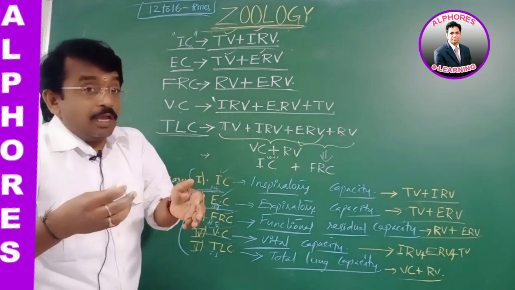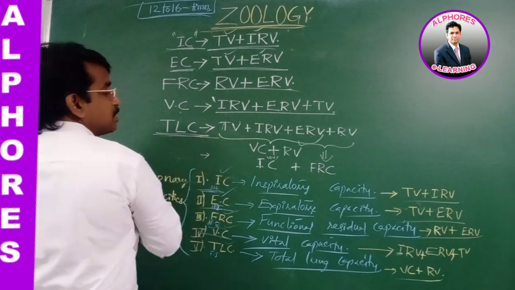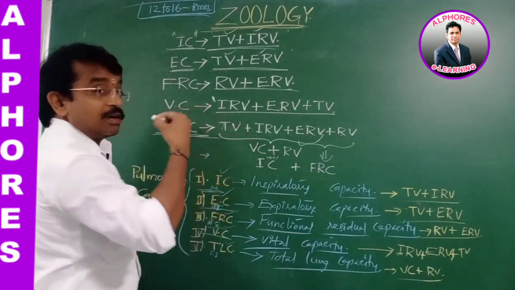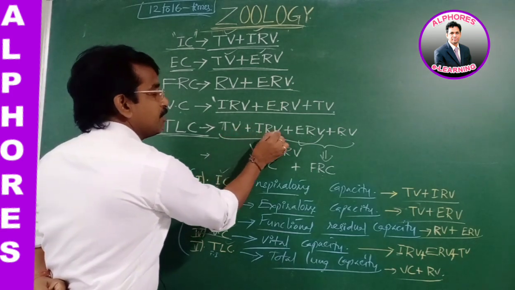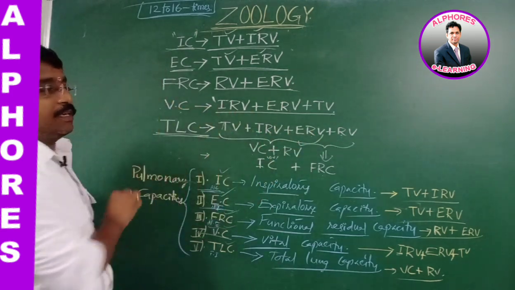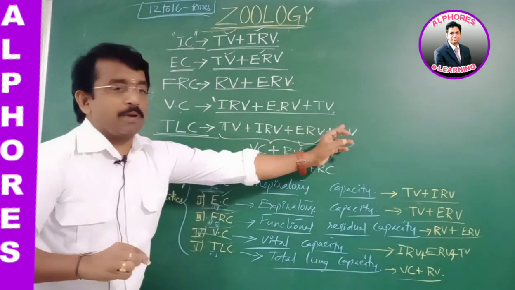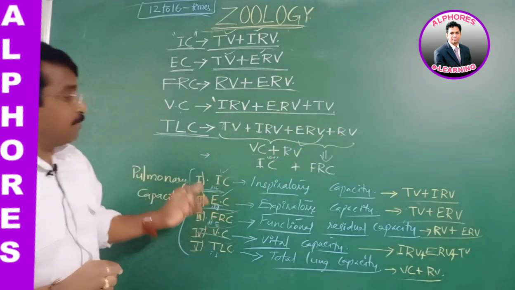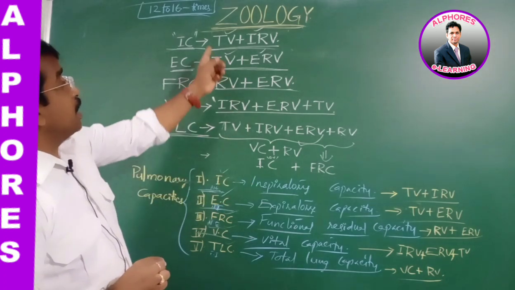Total lung capacity: what does VC refer to? TV plus IRV plus ERV is VC. So total lung capacity is equal to vital capacity plus residual volume, and it can be said to be inspiratory capacity